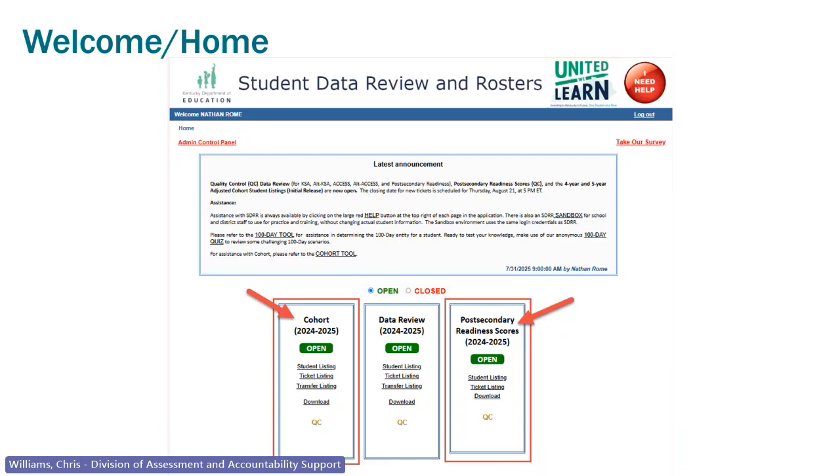And then you'll notice that it'll show you what is open and closed for this particular module, which is cohort. And you'll be able to get to your student listings. You'll get to go look at your ticket listings, transfer listings, and be able to download those if you've made any changes to those. You'll also be able to get to your post-secondary readiness scores. And before SDR closes, you always want to download all of the information, your ticket listings and your student listings, once you've made those changes during this time of review